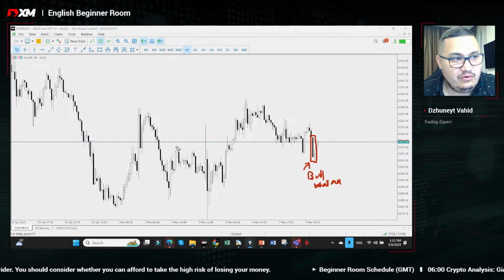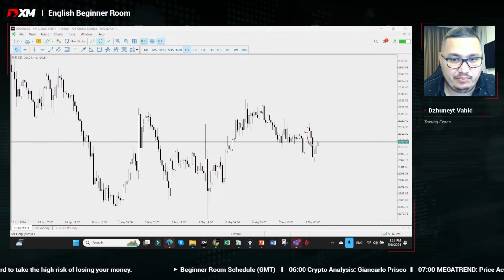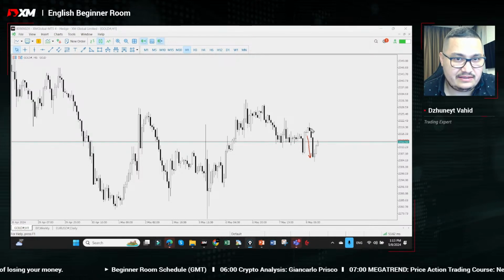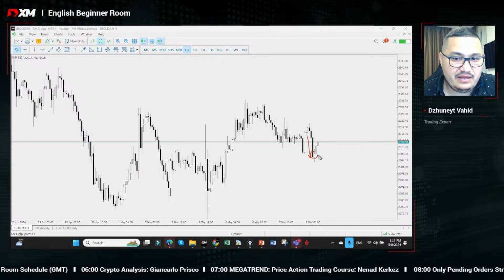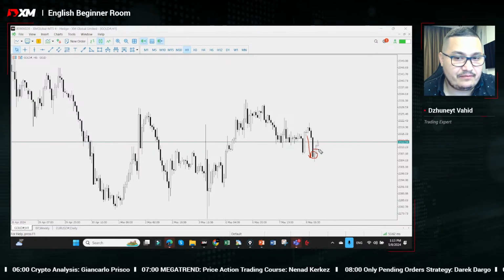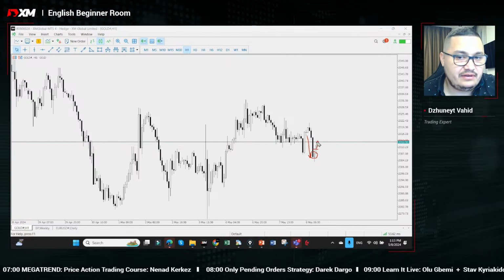Perfect. Why is that considered to be a bull Harami? Because it comes after a prior drop. So this is the latest couple of hours trend. The Harami pattern happens here, and this is its confirmation. So it's a good long signal, but it's already in profit. So you are late to buy right now. It's not good to buy